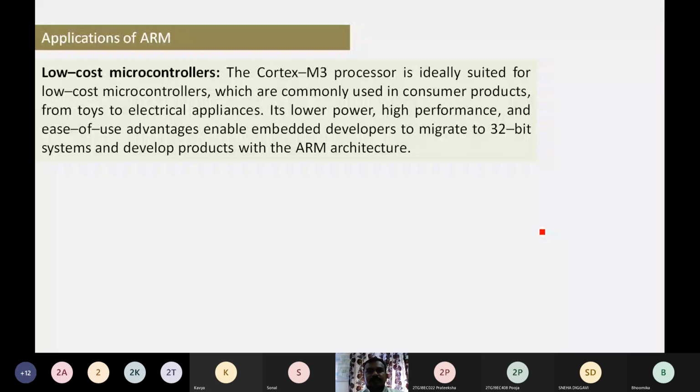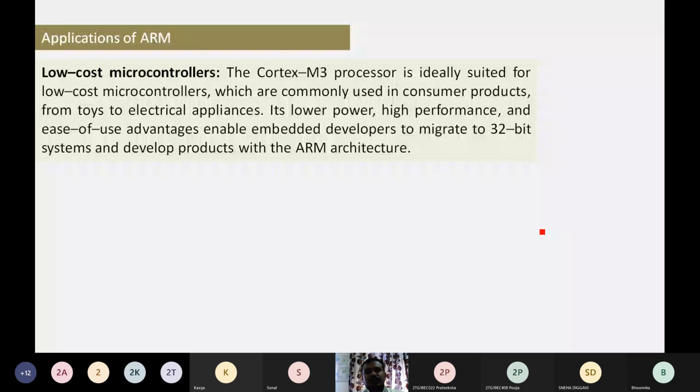One of the benefits is that it shows high performance using low power, and it is easy to use. It is an advantage for embedded developers to migrate to 32-bit systems and develop products with ARM architecture.